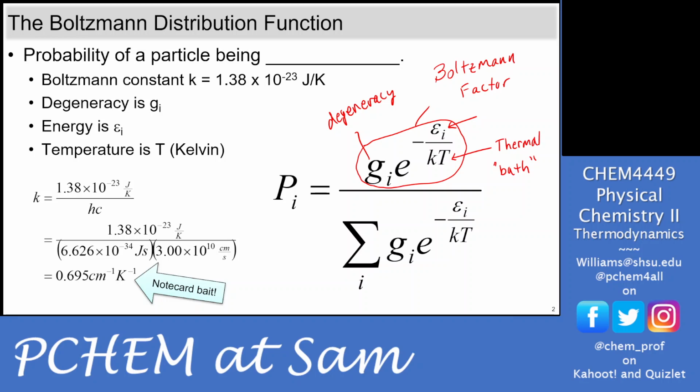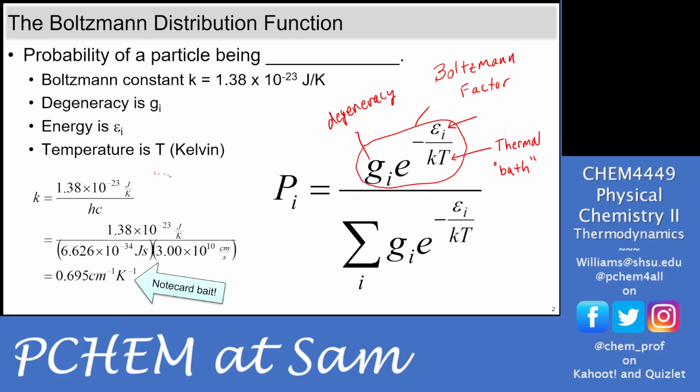Now there's a lot of times we're dealing with spectroscopic systems. So we're dealing with rotational energies or vibrational energies, and those happen to be in wave numbers. And it's a real pain to do this whole thing in joules, because you're converting wave numbers over into joules and using Planck's constant. You have all these factors, 10 to the minus 23 and everything, and you have tons of scientific notation, whereas you could just convert Boltzmann's constant over to wave numbers by dividing it by h